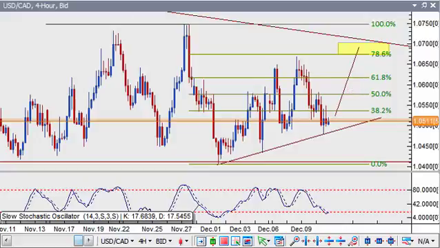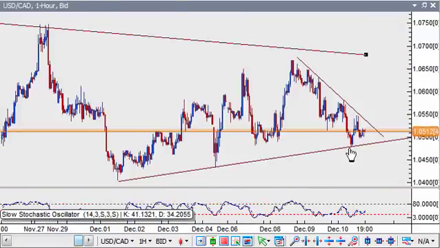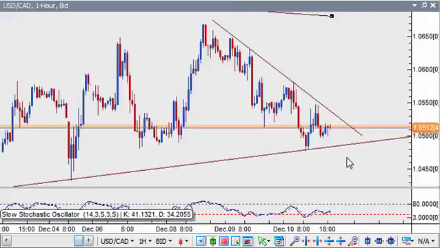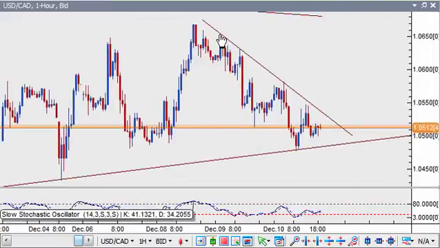So right now we have this slightly upward action, and if you look at the 1-hour time frame, or even in the 4-hour time frame, you see that it's testing a short-term support here. The stochastic isn't oversold and looks to be crossing, but that hasn't been confirmed yet. So we look at the 1-hour time frame, and we see that the market has created a short-term trend line here, and if the market is able to break this trend line,